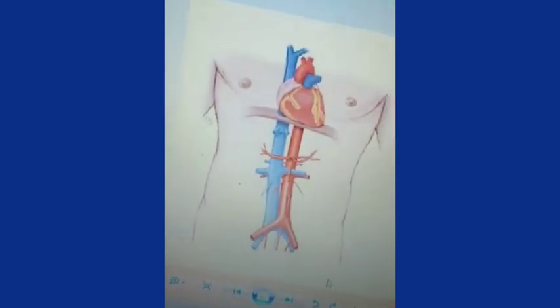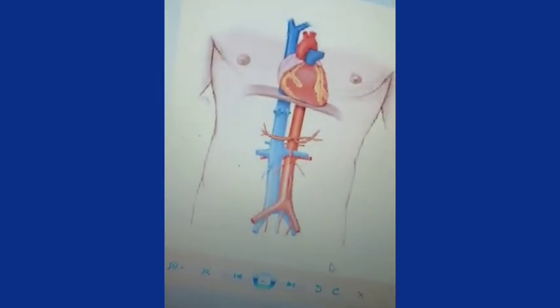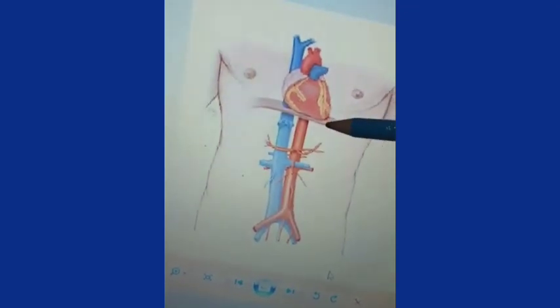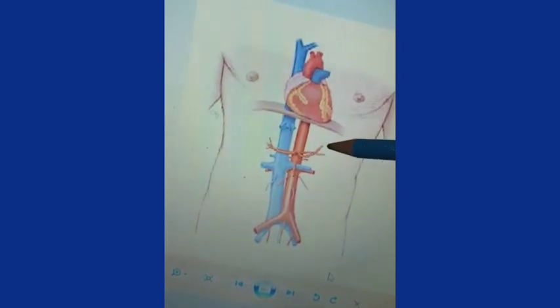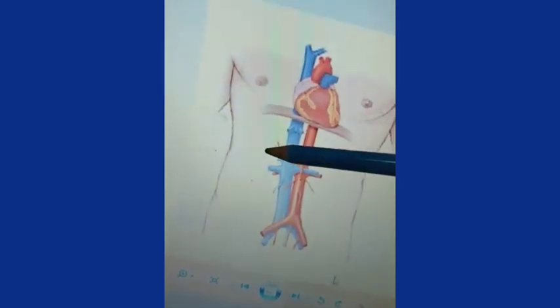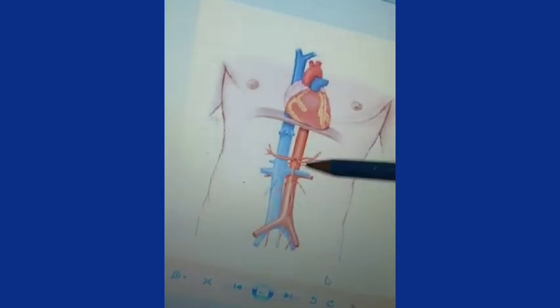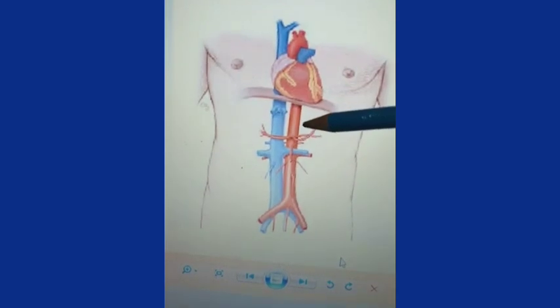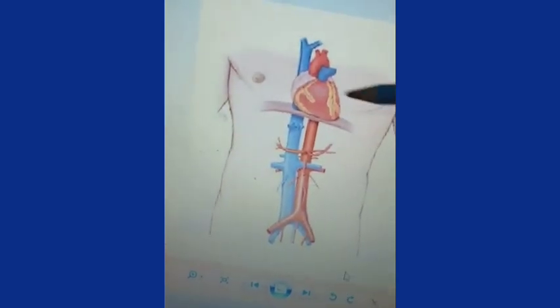And to the left of the aorta, from above downwards, there is the left crus of the diaphragm. Here is the left crus of the diaphragm. Here comes the body and tail of the pancreas and the fourth part of the duodenum. Anteriorly it is crossed by the third part, and here lies the fourth part. So towards the left lies the fourth part of the duodenum. These are the relations of the abdominal aorta.